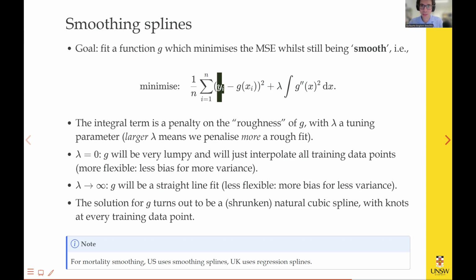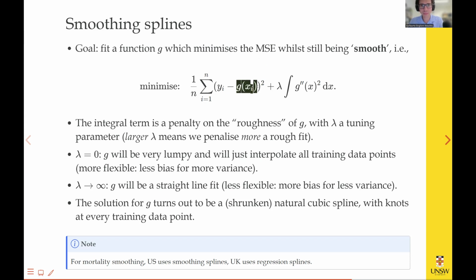One way to achieve this, we saw it already, was the regression splines. But here we have a new idea, a new way to obtain such a smooth function g, and it's the smoothing spline. So what we're trying to achieve here is this. Let's review. Again, generically, this function that we want to fit, such that g of x is close to y, we call it generically g. So we still want to minimize the mean squared error, meaning we want any observed value y to be close